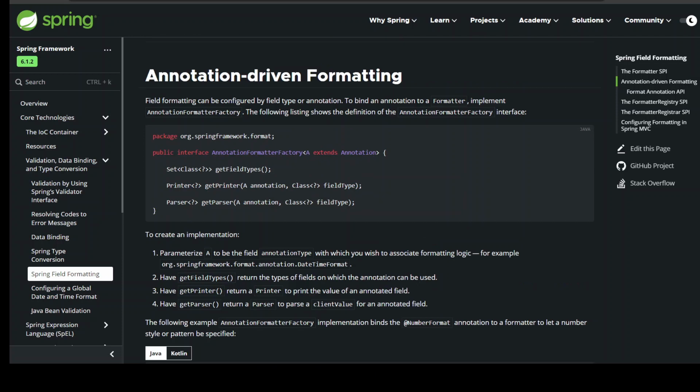Annotation-driven formatting. Field formatting can be configured by field type or annotation. To bind an annotation to a Formatter, implement AnnotationFormatterFactory. The following listing shows the definition of the AnnotationFormatterFactory interface. Package org.springframework.format; public interface AnnotationFormatterFactory<A extends Annotation> {